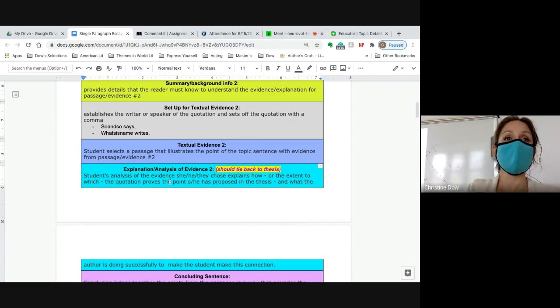Marilyn's asking a good question. If you're using the poem, when you come to the end of the line, but it's just a short line, you don't want to hit enter because you're supposed to format.